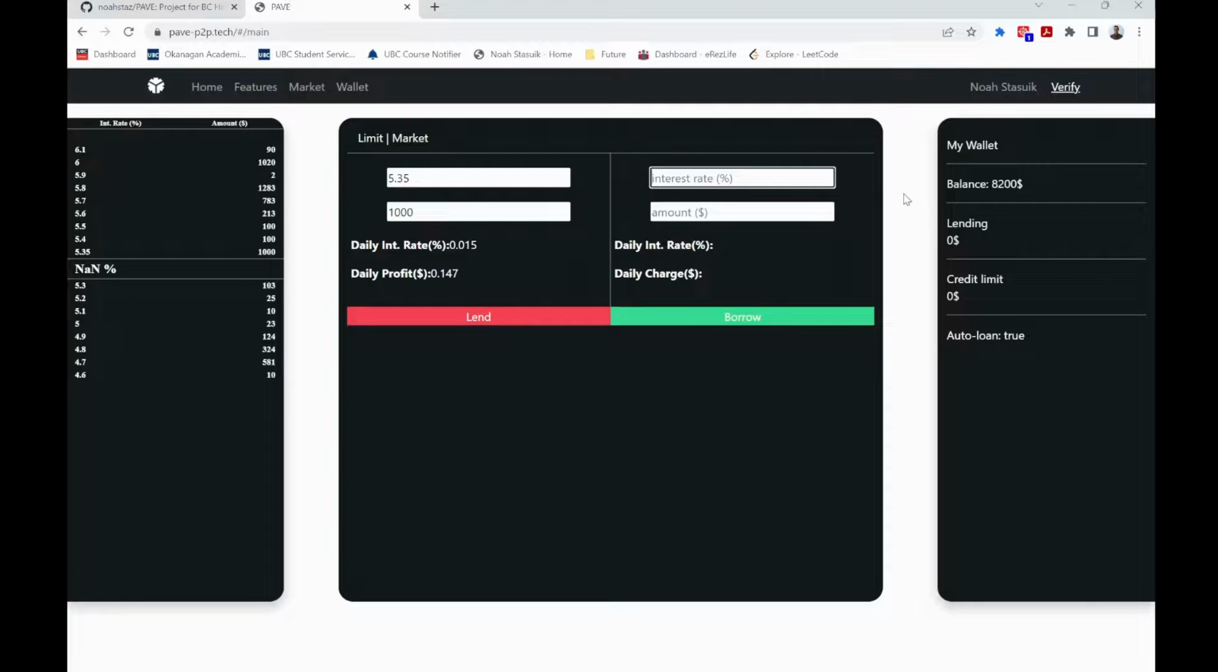Say I wanted to borrow some money, I could type in I want a 5.3% interest rate and I'd like to borrow $1,000. It calculates the daily interest rate and daily charge, I borrow, and then the variable interest rate should adjust based on that. So if I go back home,